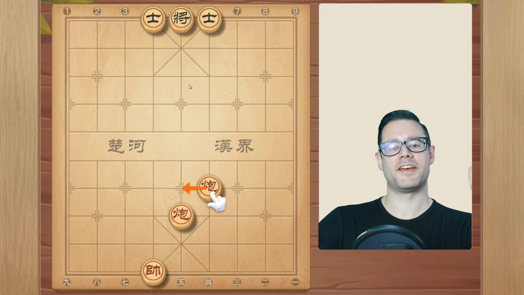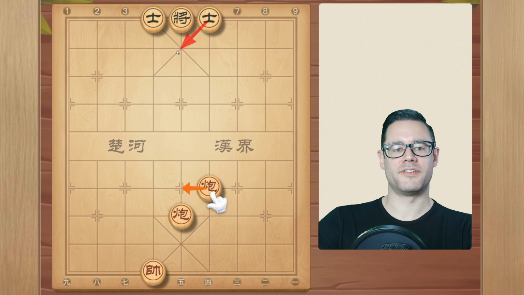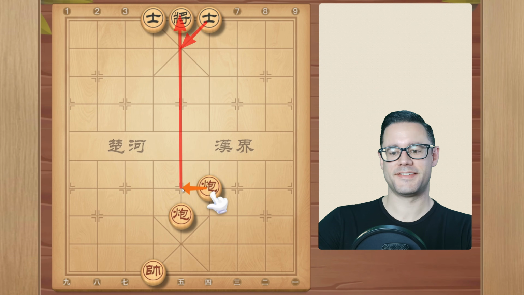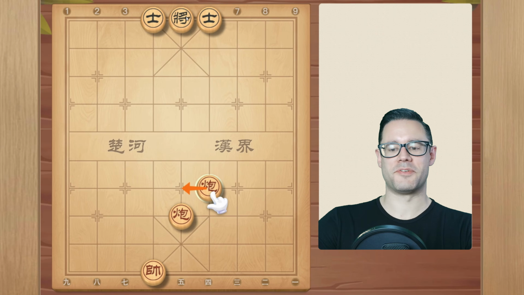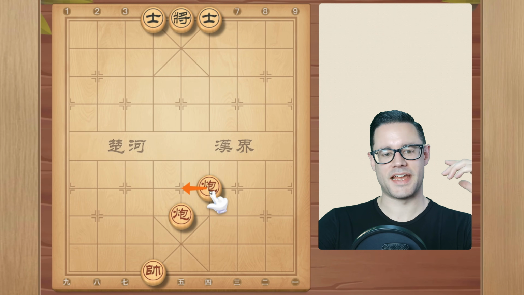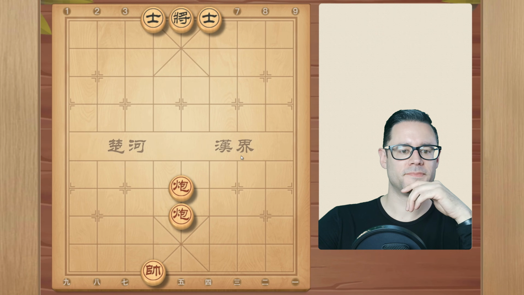Nothing can block it, because if you move an advisor in front to try and block the attack from the back cannon, that puts one piece between the general and the cannon that is in front. So no matter what, you're going to have either one piece in between the general and the back cannon, or if you tried to block it, one piece between the front cannon and the general. The general cannot escape this, and that's why it is checkmate.